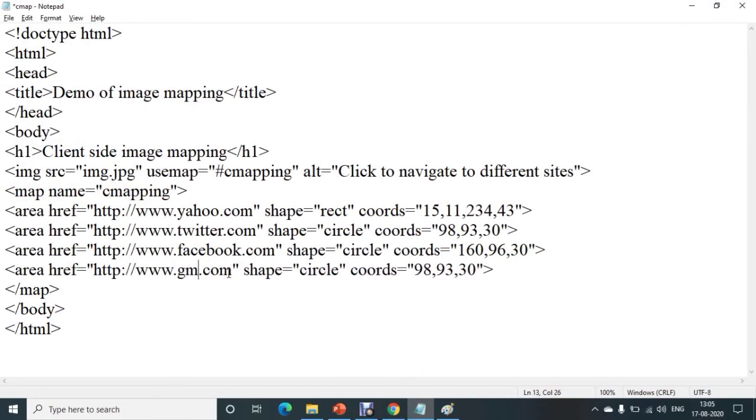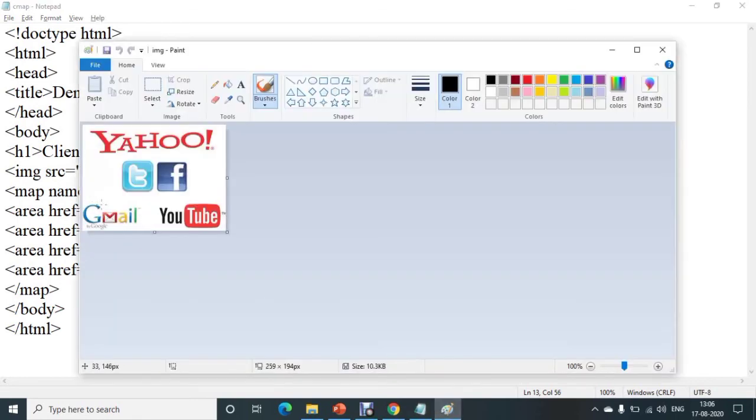Suppose we use it for Gmail. Then here you can specify the shape as poly, and for a polygon you have to find out the coordinates of the Gmail icon. Suppose you want a triangular shape, then it will have this point, this point and this point, that is 3 different points.